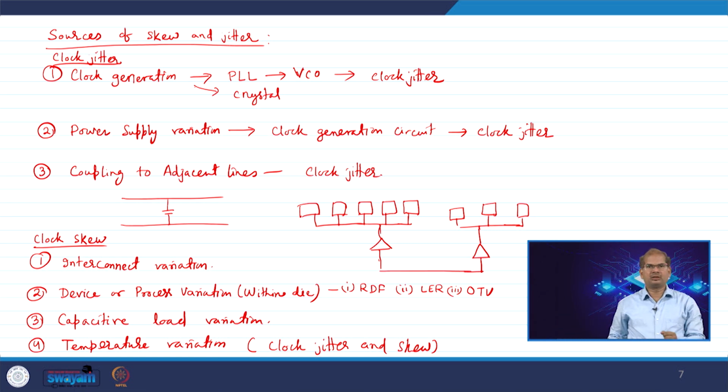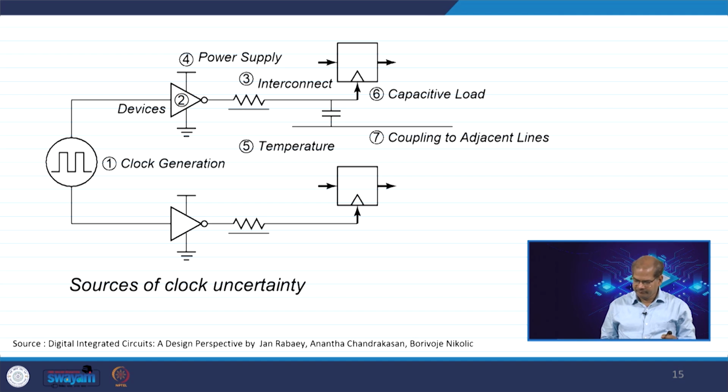So, there will be a temperature hotspot. Because of the temperature hotspot, your path will have a different delay, and that will lead to clock skew. So, in this diagram, there are all these: device variation, clock generation, power supply variation, interconnect variation,